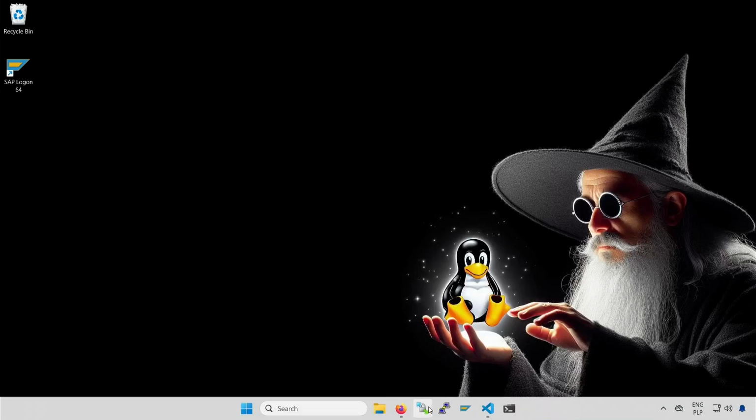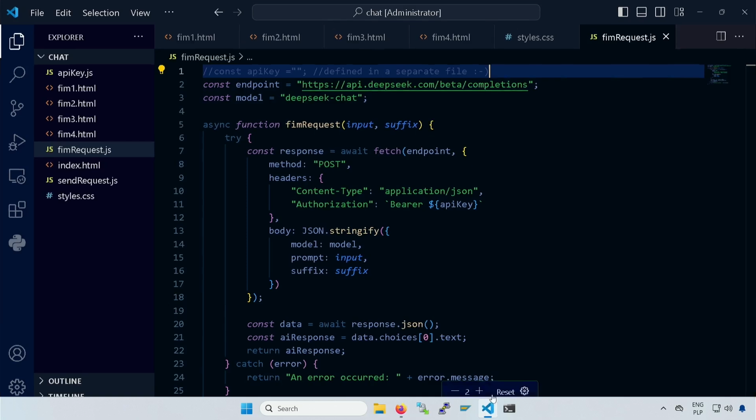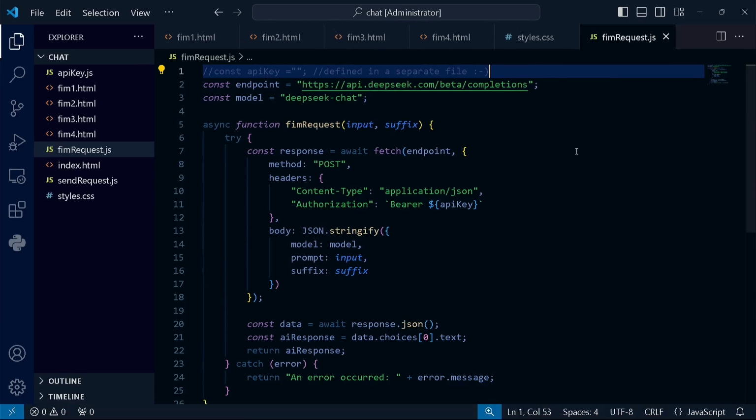Alright, but let's dive into the main topic of our video and focus on creating an AI code editor. If you watched the video about AI chat in JavaScript, this file will probably seem familiar to you. Yes, it's a slightly modified send request function from the previous video. A little has changed, however. First of all, I moved the API key into a separate file, so that with the current DeepSeek issues, I don't have to invalidate it all the time.